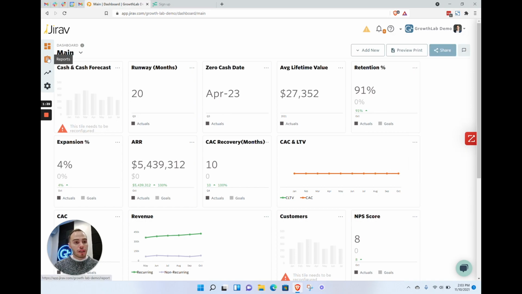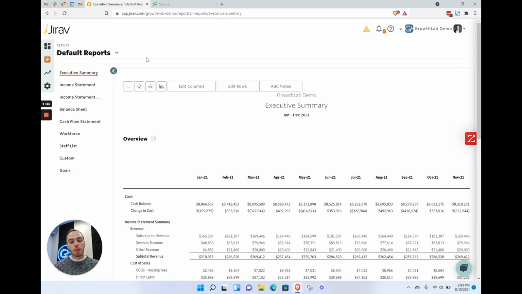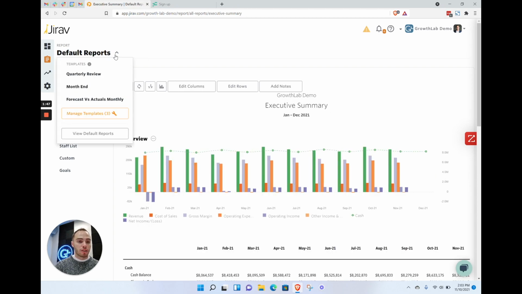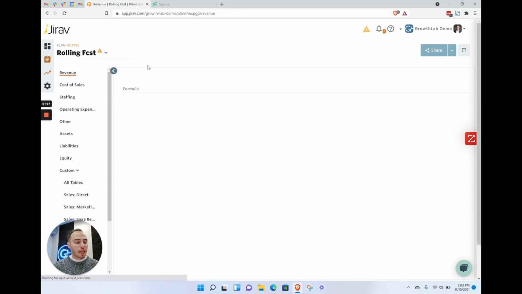If we navigate over here to the left again, you're going to see the reports. The reports are going to be how you deliver information to most of your customers, right? Right now we're on the default reports, but you may have quarterly reviews, month end, actuals or forecast versus budget. You can have as many templates and as many reports as you want, and you may want to think about using them depending on who the end customer is. Right? You may have one report for one investor and another report for internal stakeholders, right? But you can really play with that, and once again, we'll dive into more detail, just looking to navigate and orient everyone right now.